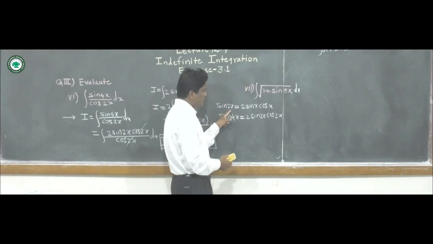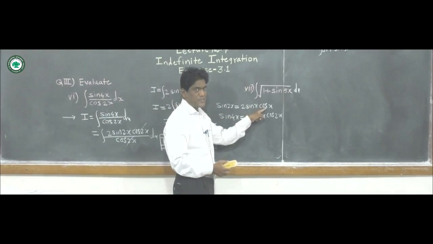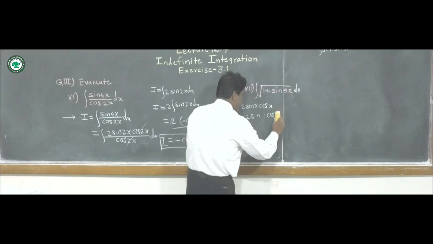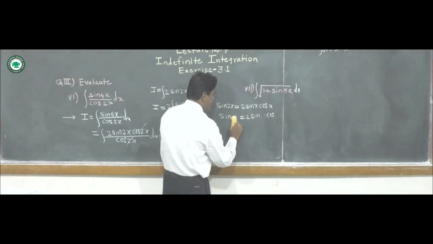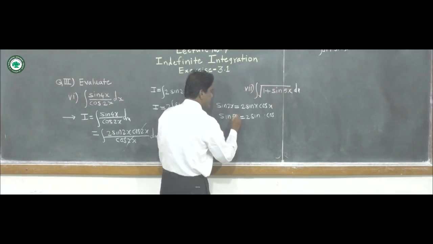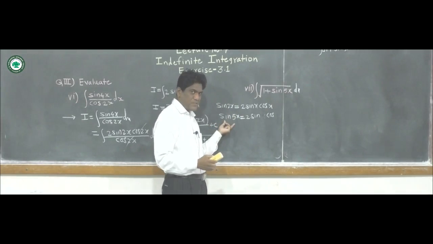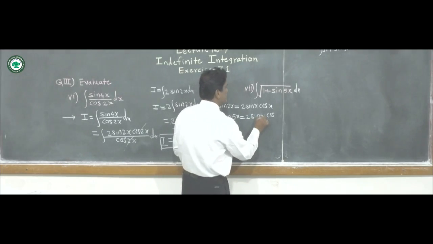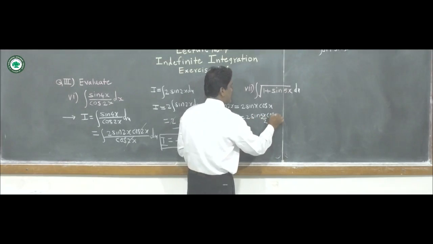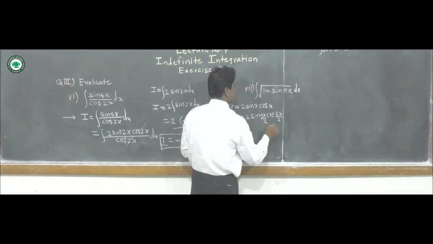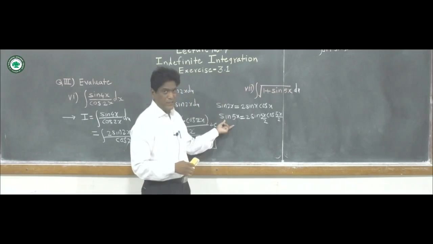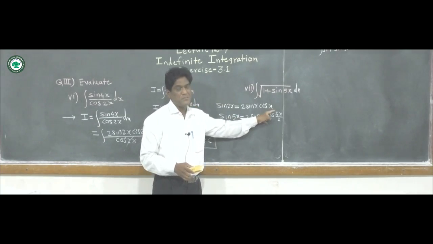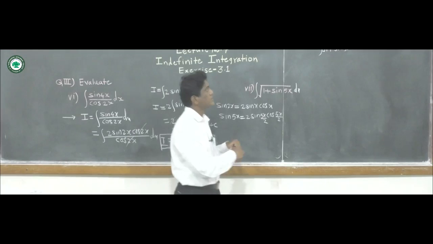Now see, sin of 2x is equal to 2 times sin x cos x. Now here we take in place of 4x a 5x, sin of 5x. So sin of 5x is equal to 2 times sin of half of this angle, so 5x upon 2, and here also 5x upon 2. Get it? So sin of 5x is equal to 2 times sin of 5x upon 2 into cos of 5x upon 2.